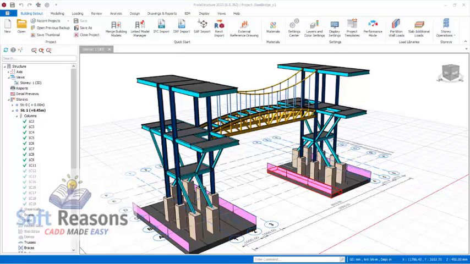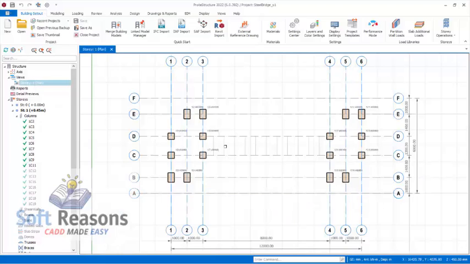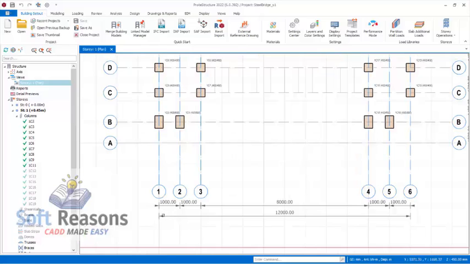We want to look at the parameters and the dimensions of the setting out of the steel bridge. So I will navigate to the plan view, and then you can now see the setting out of the reinforced concrete columns and the foundations of this bridge. So we have 1 meter spacing right here. The bridge span is 8 meters. Then the total length there is 12 meters